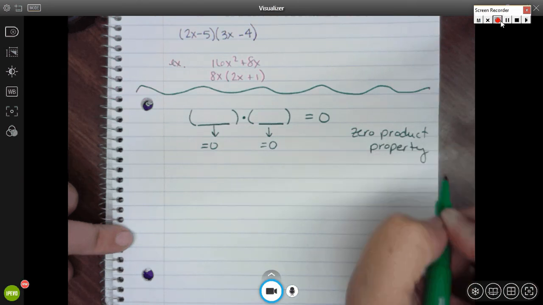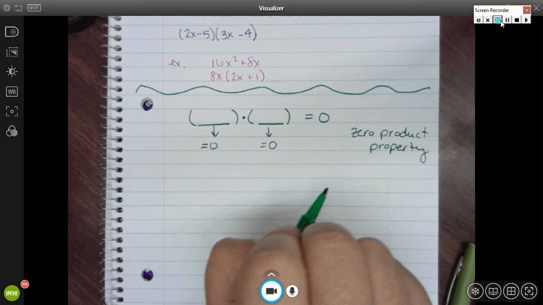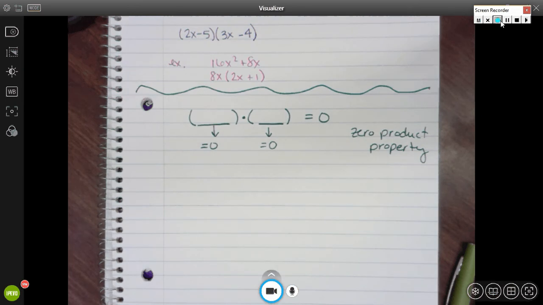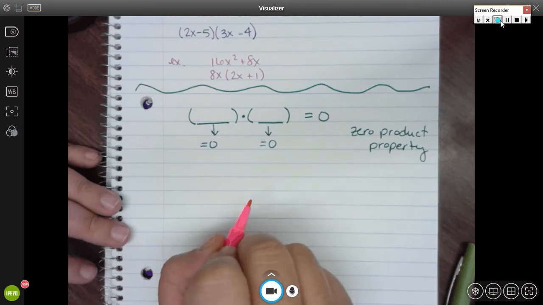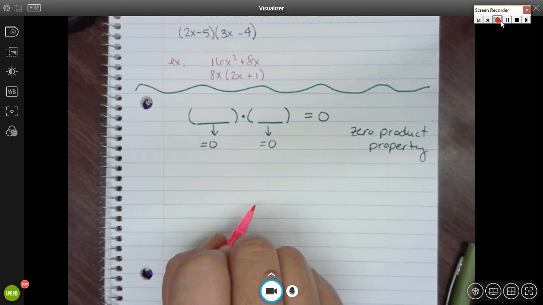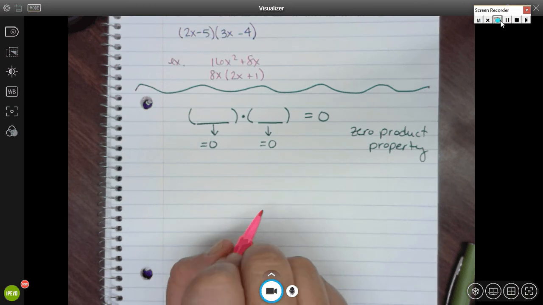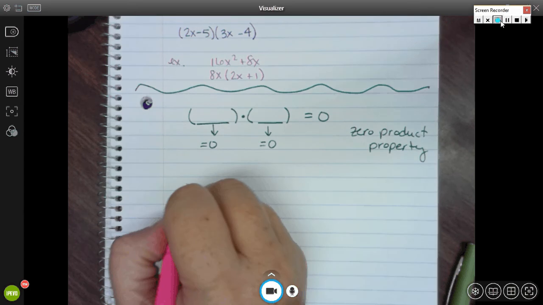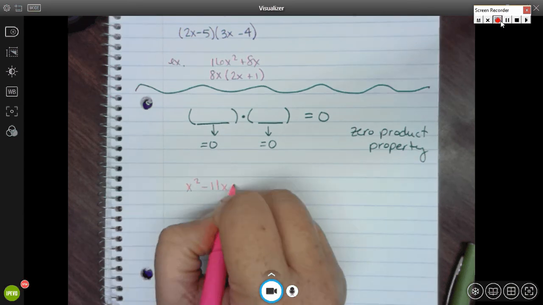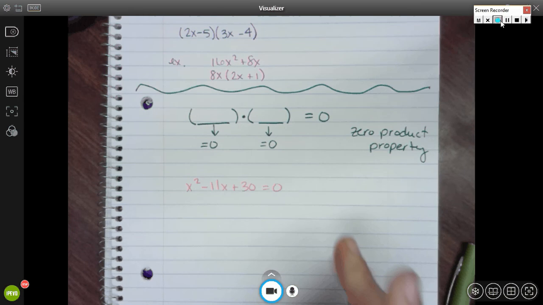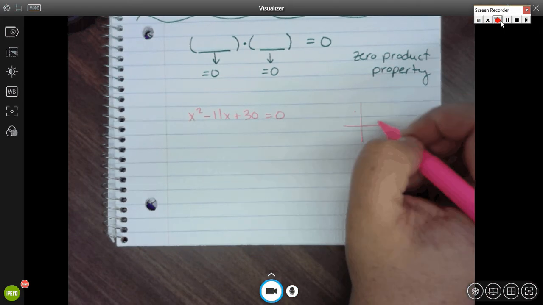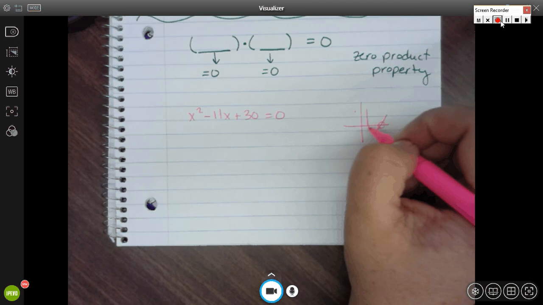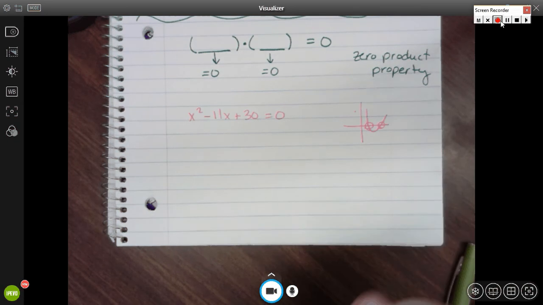And I hope this comes full circle for you in just a minute when you see it graphically, okay? So maybe I have this equation of, let's say, x squared minus 11x plus 30 equals 0, and I say, you know what? I don't have any earthly idea how to solve that unless I know that I could graph it, right? I could graph it and I could see where it crosses the x-axis, and those would be my solutions. I know I could do that. But algebraically,